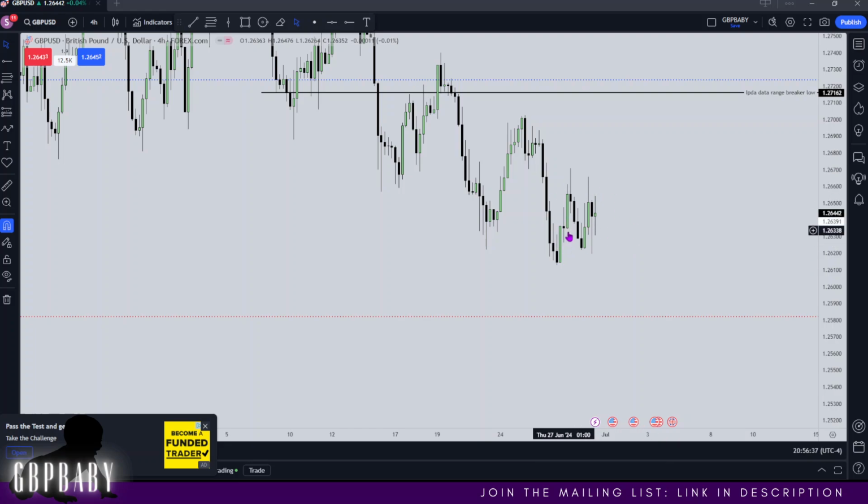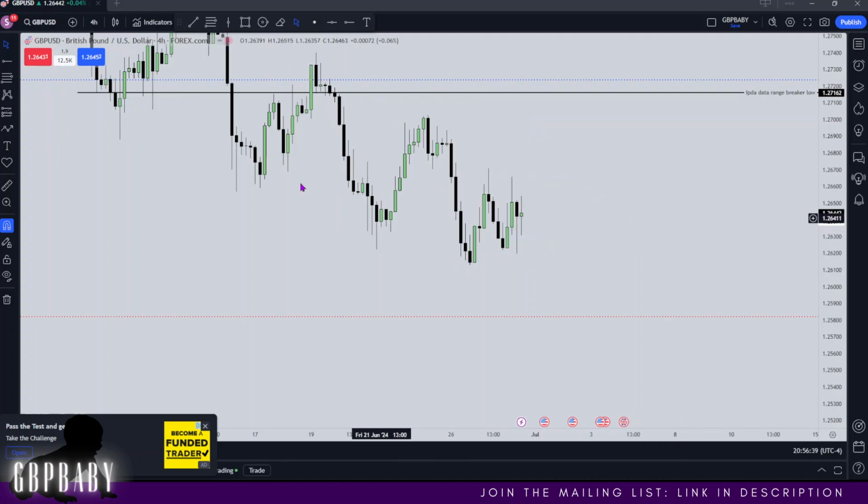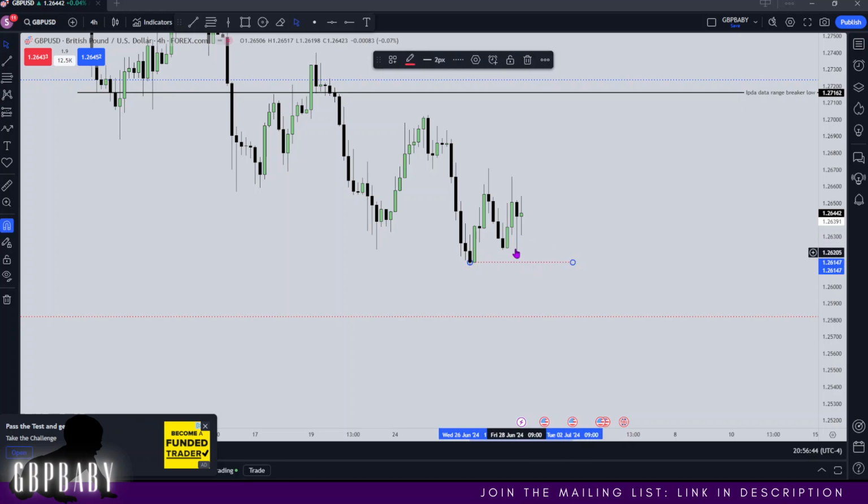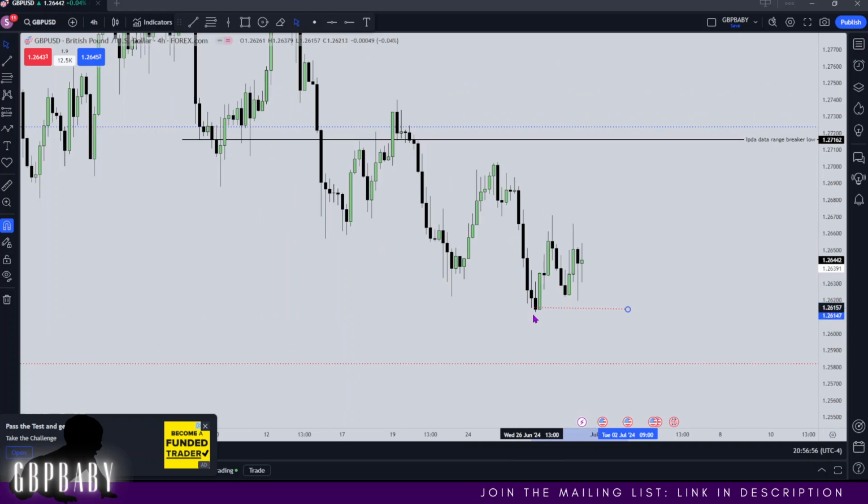Again, we had a very ugly close, not ideal. But if we see continued support, you see how we're trading higher? The fact that we're failing to take out lows here, we may find quite an easy run up towards that IPDA data range low. And there's these highs above here for buy side liquidity. So this might be a very nice